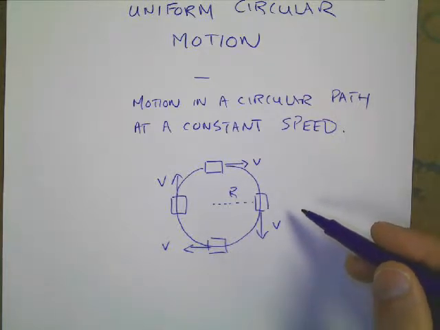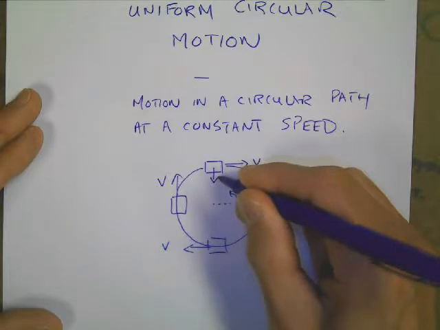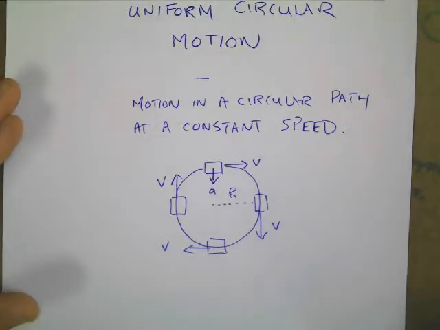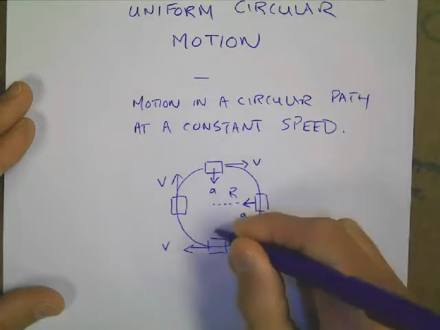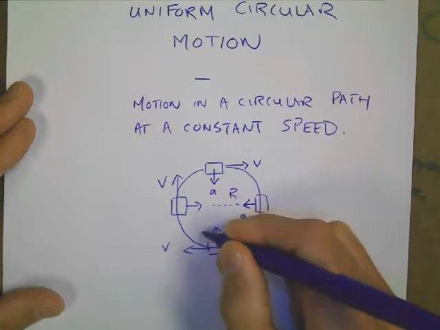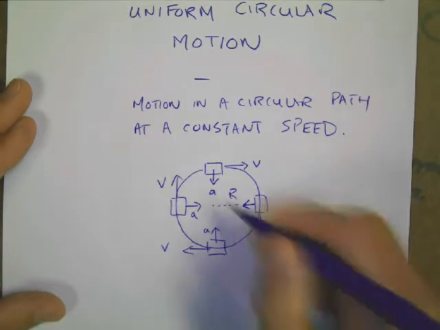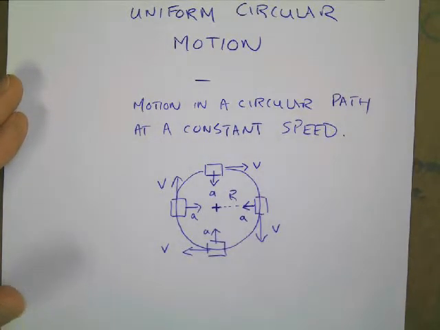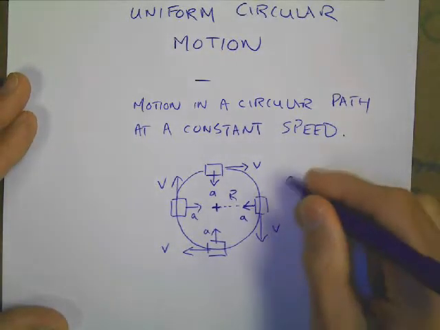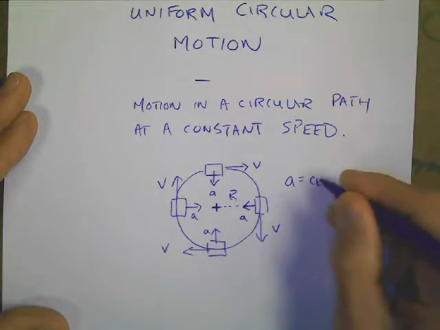And that acceleration is going to be directed towards the center of the circle at all times. And so these vectors that I'm drawing here are actually acceleration vectors, and they always point towards the center of the circle. So this A that we're talking about is called centripetal